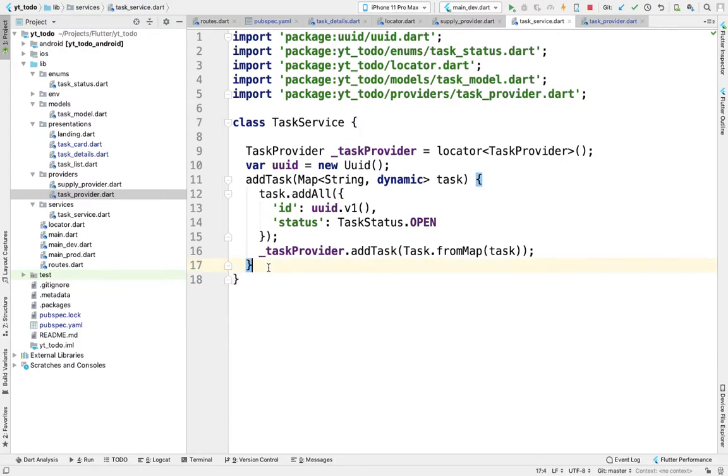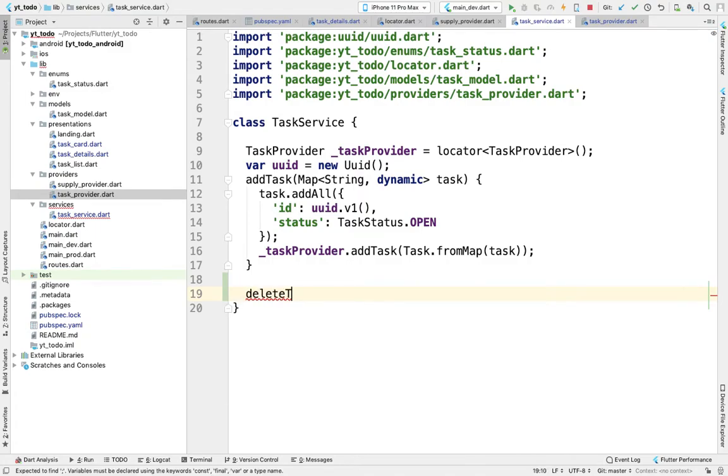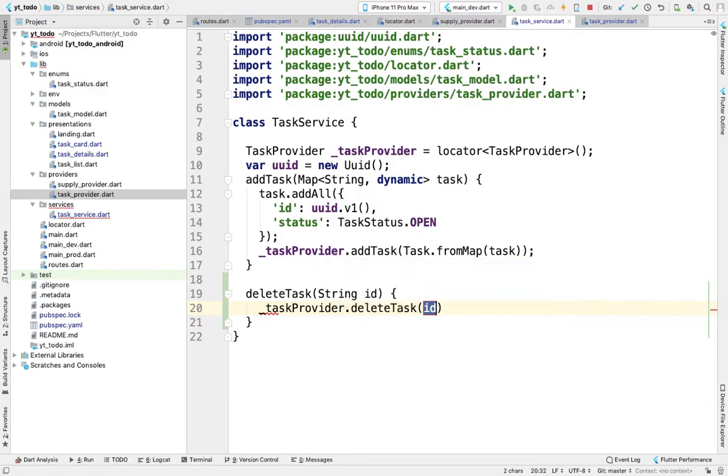Similarly, in task service, delete task, string ID. This ID will be passed on from the widget, and then task provider dot delete task with the ID. Okay, so this is enough.